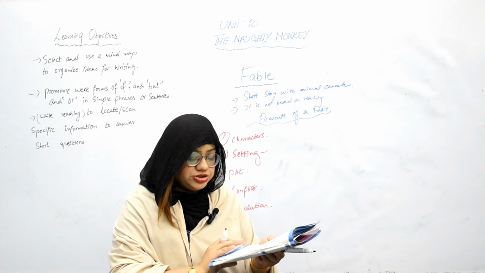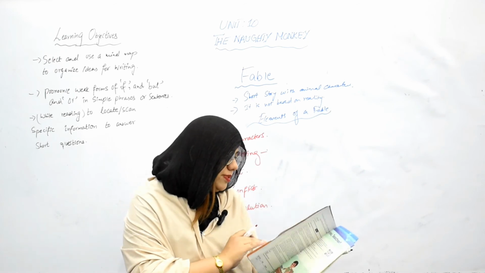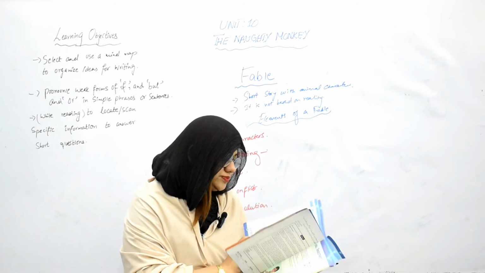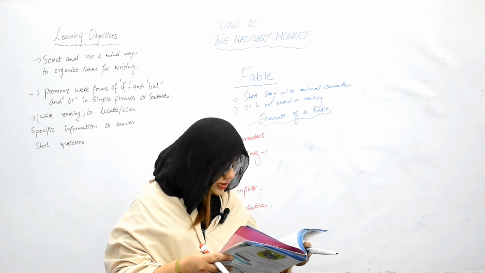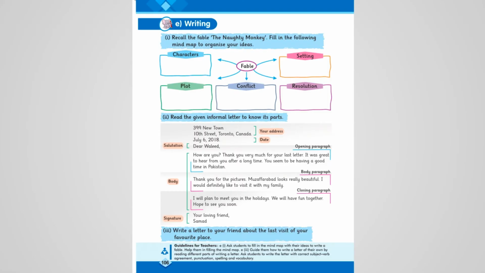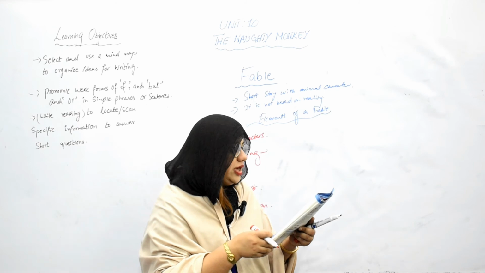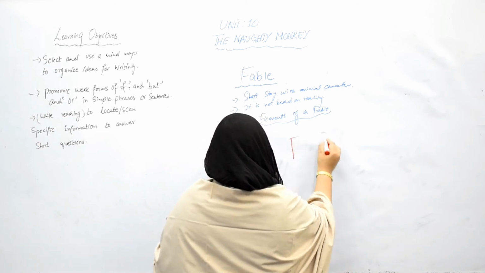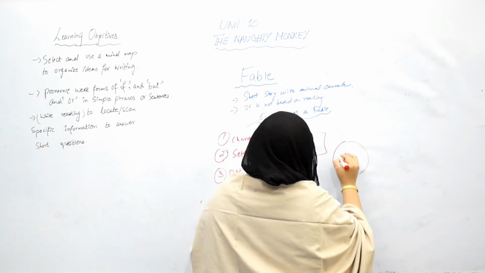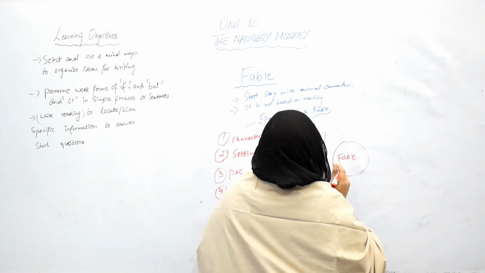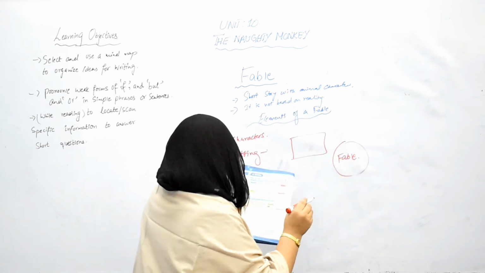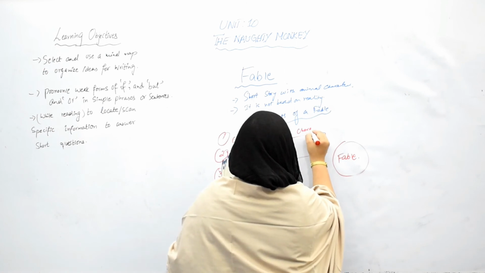Now what you all need to do, students, on page number 106, you can see it. Recall the fable, the naughty monkey, and fill in the following mind map to organize your ideas. Here I am writing the mind map of a fable. According to the story, the naughty monkey. There are the characters,